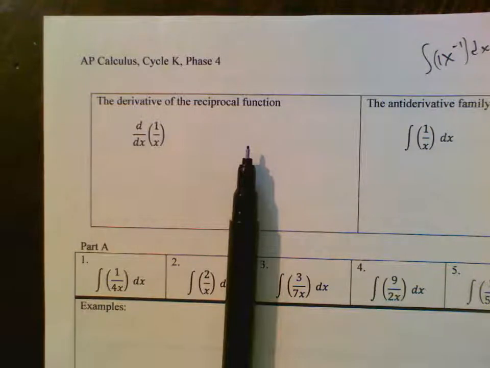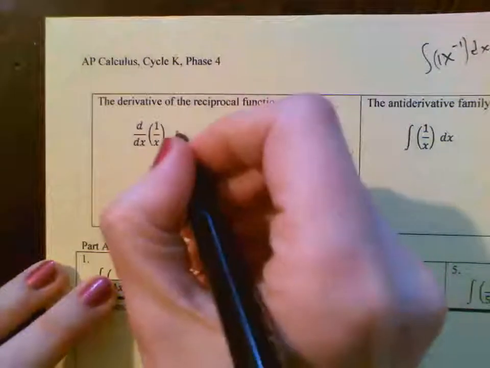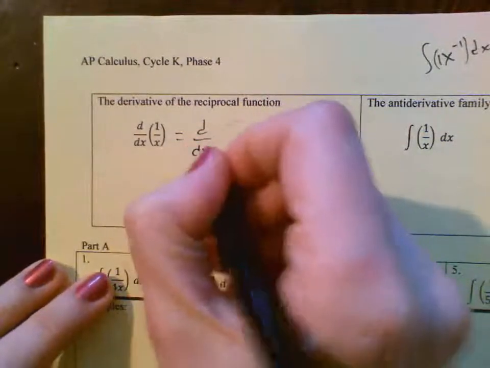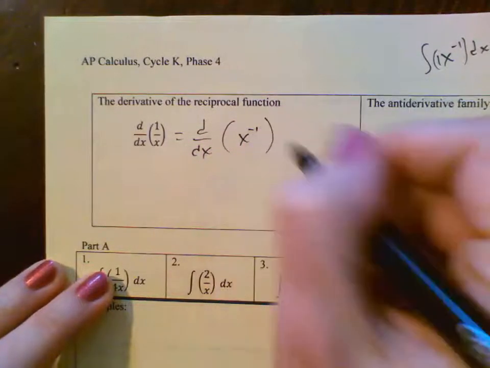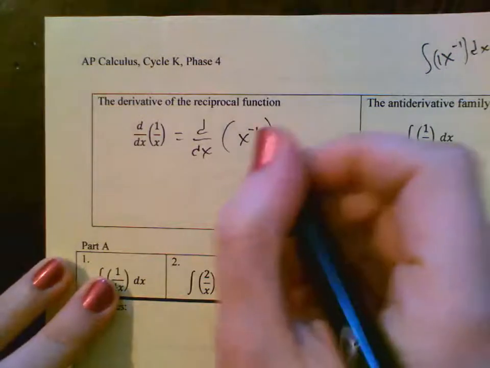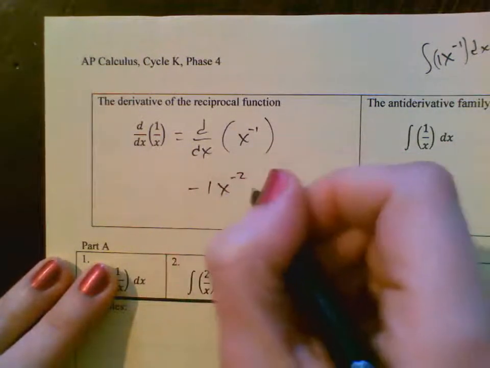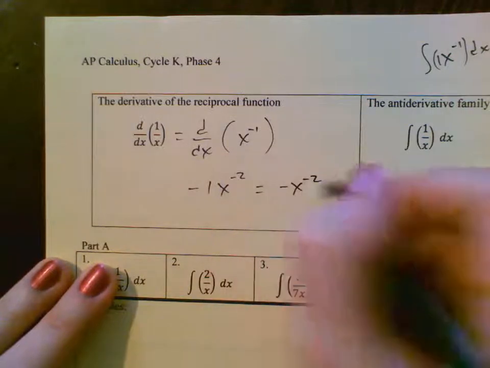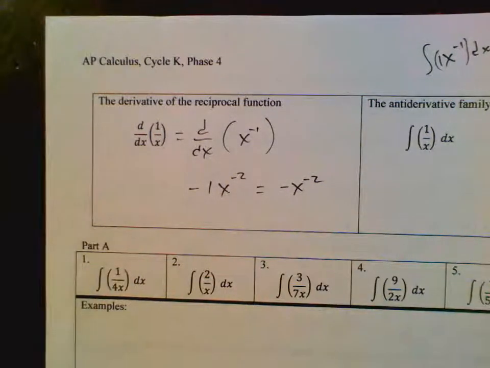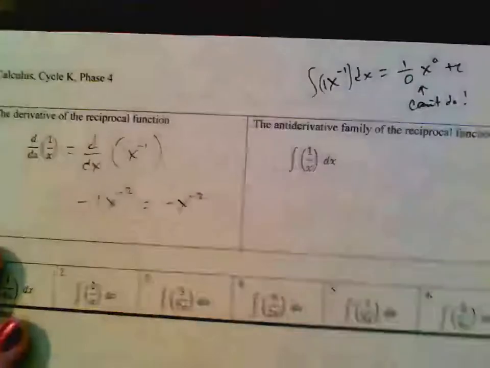So the derivative of the reciprocal function. The reciprocal function is 1 over x, and we would just convert it like this, and then we would go negative 1 x to the negative 2. So negative x to the negative 2. That'd be the derivative. But the antiderivative,